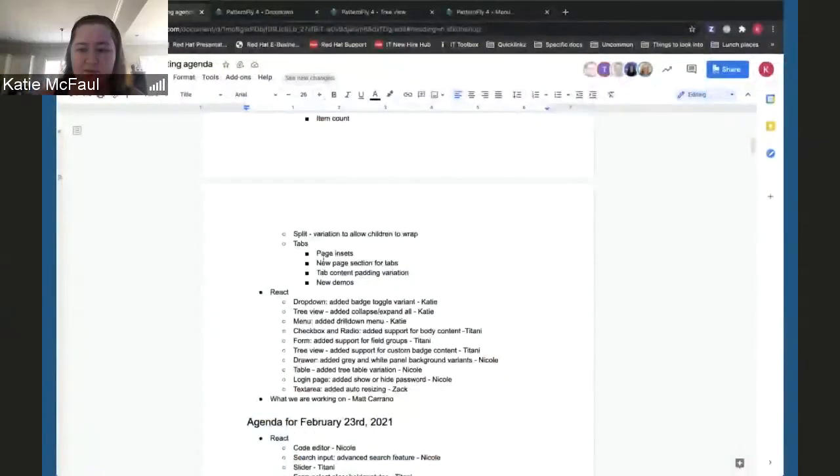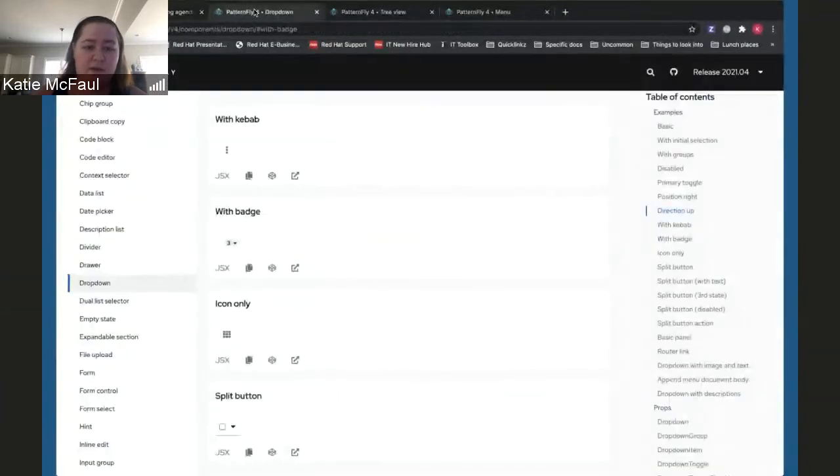Hello everyone. Got a couple of updates for this meeting. First, we're going to be starting with the dropdown where we have a new toggle variant called the badge toggle. So similar to an icon-only toggle like kebab or the icon, this is a drop-down that behaves as normal, but instead of having text, it has a badge, which you can customize the text inside. So this example shows a 3 for the 3 items that the current drop-down contains. So pretty simple update, gives you some more options. This is used later in my menu update, which we'll get to in a second.